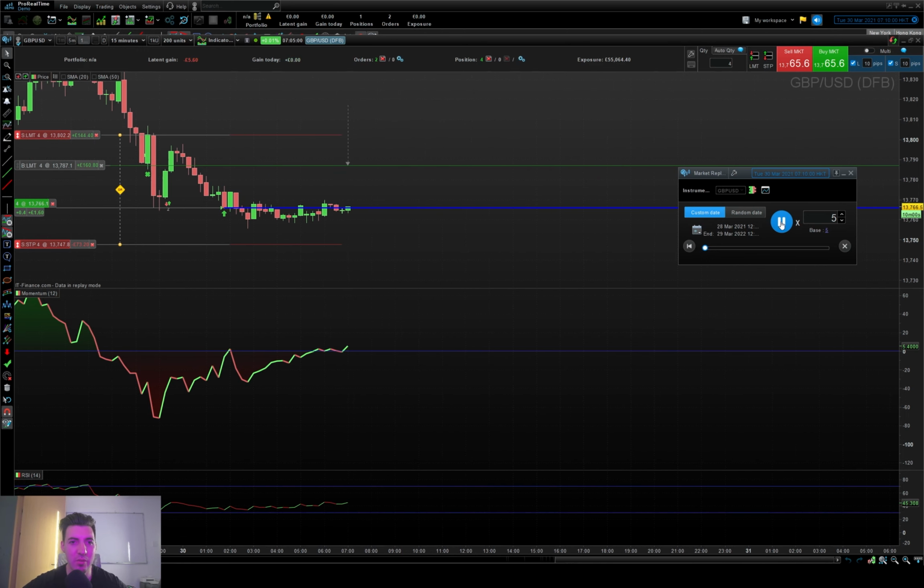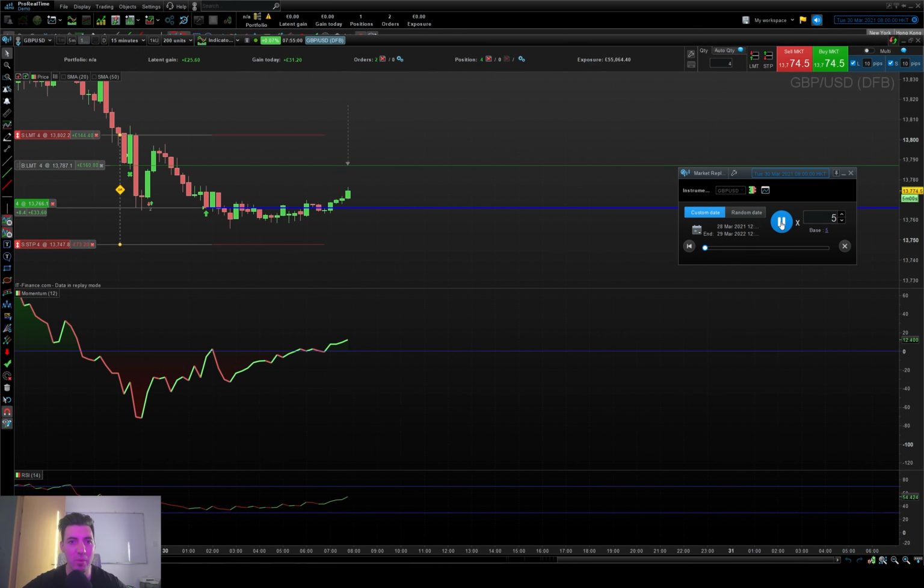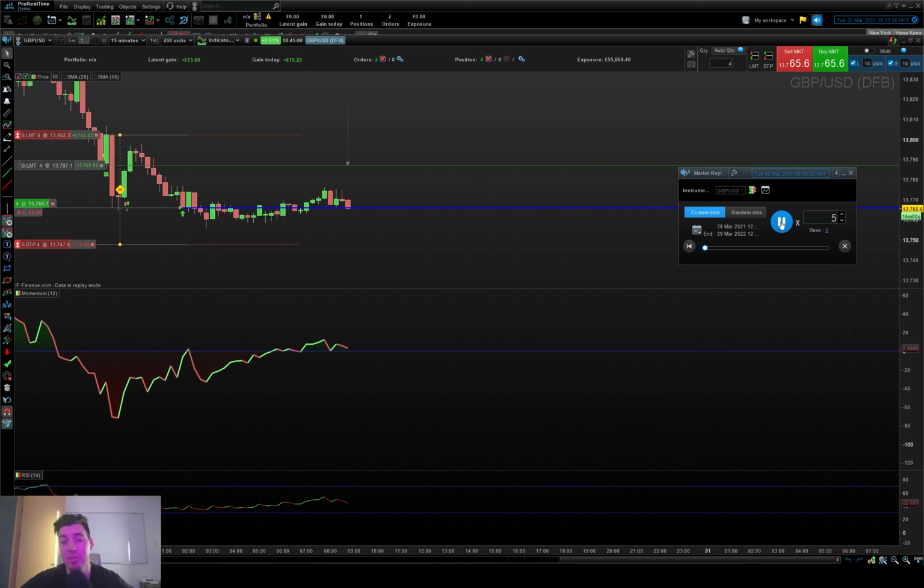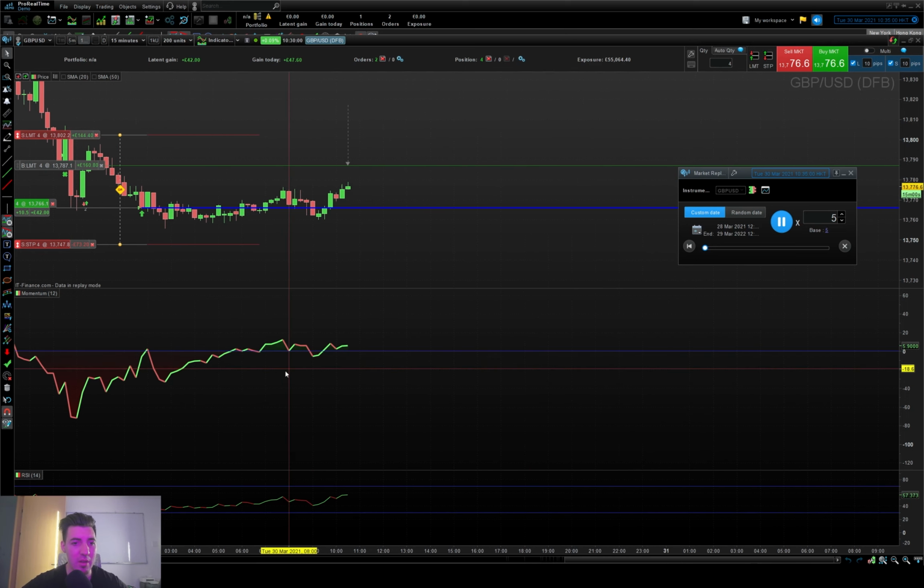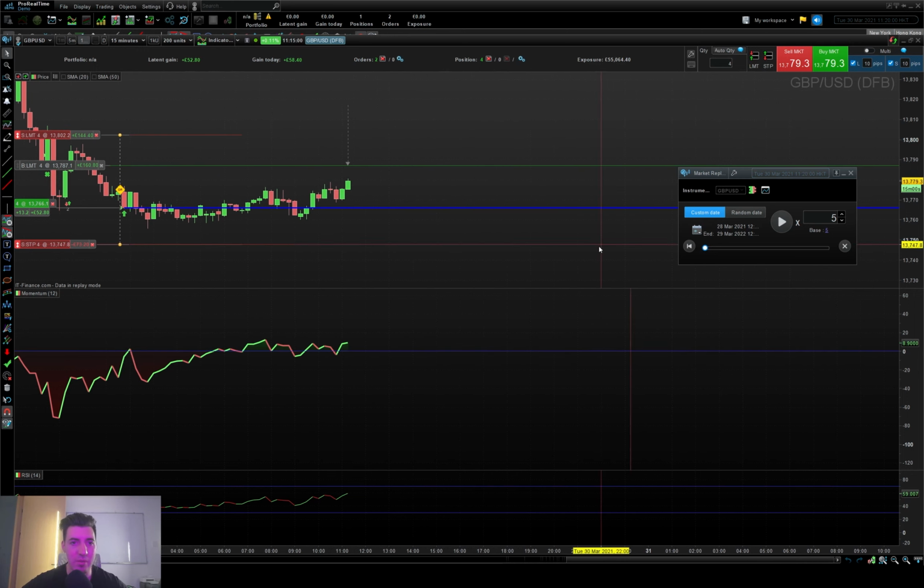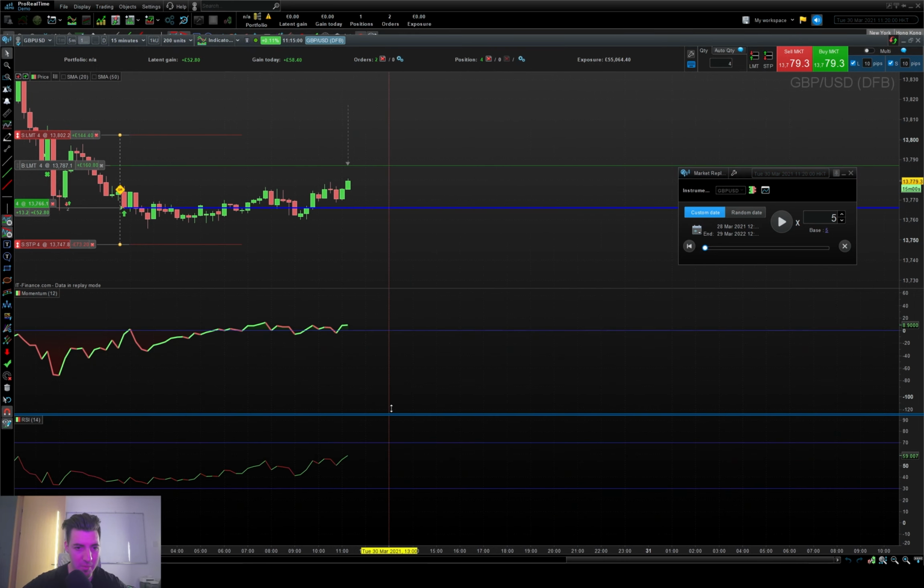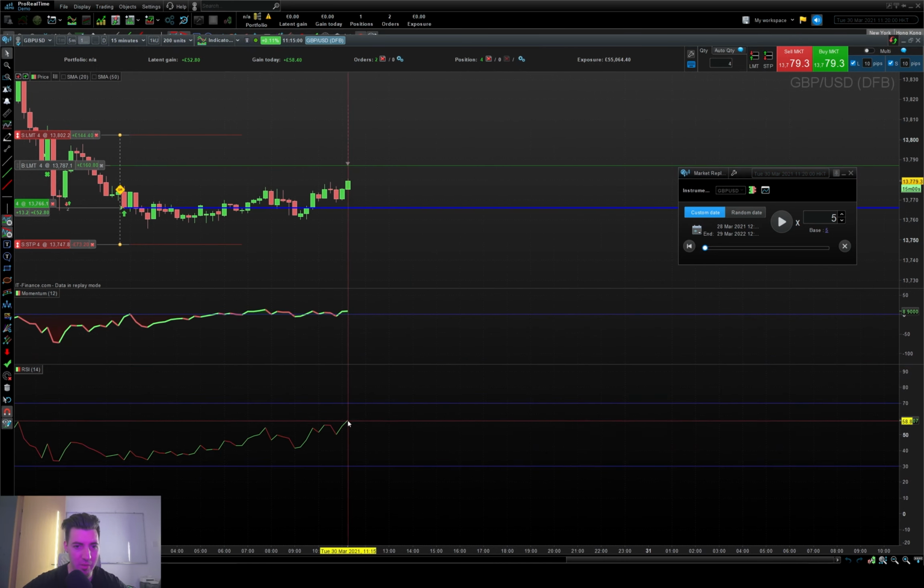A lot of people are the buyers, the market doesn't seem to know what it wants to do. Again, this is a 15-minute time frame, so it's going to move a lot quicker. Wow, you can see here, hold on. Let's have a look at what's happening to our RSI. So the RSI is going quite close to